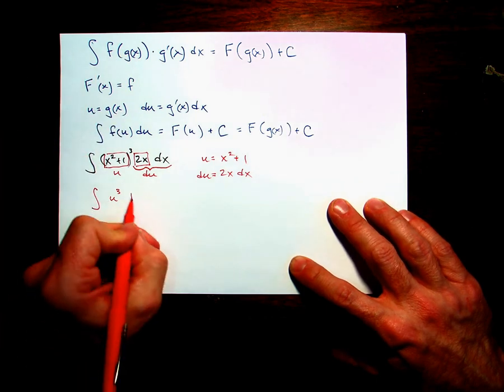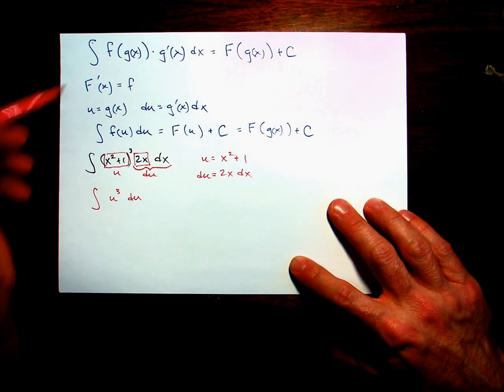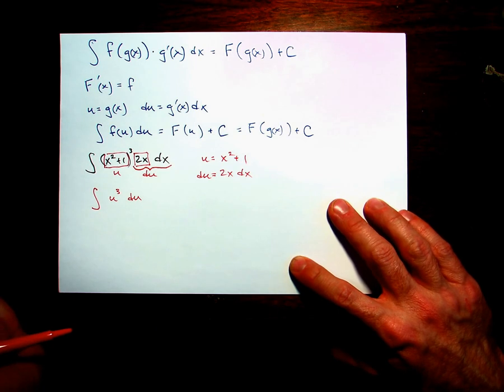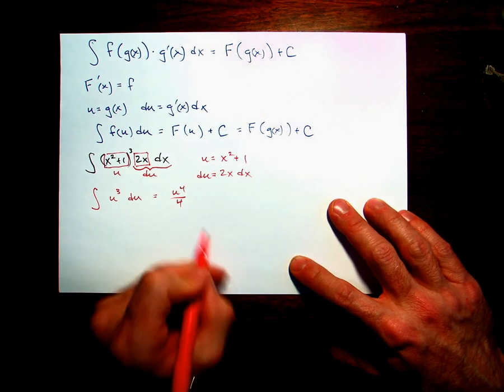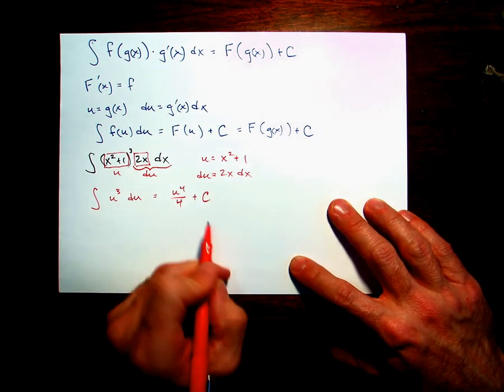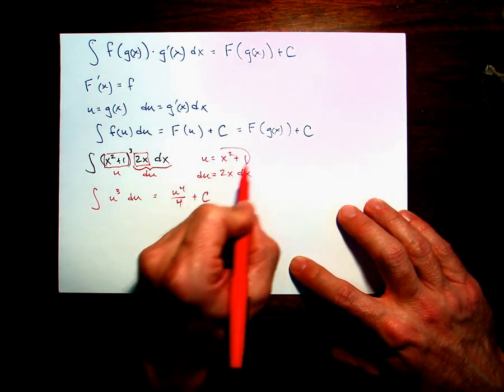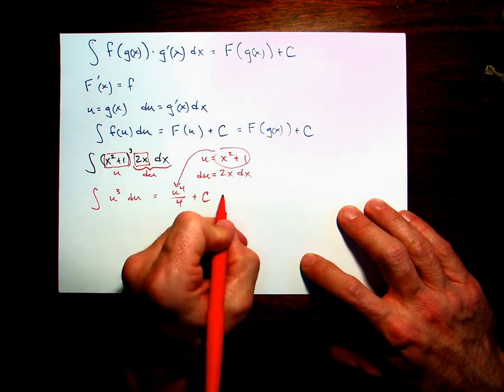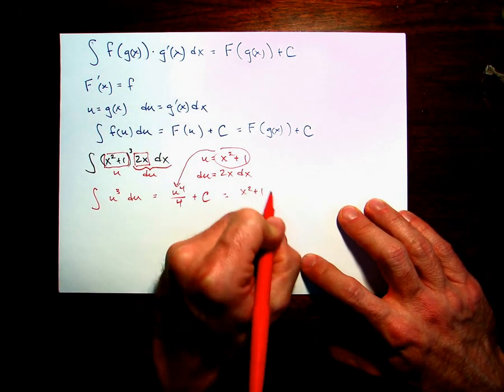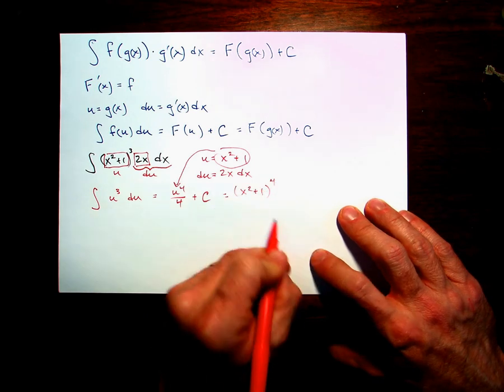And again, what we're doing is reducing this to a very simple antiderivative to evaluate. It's just u to the 4th over 4 plus c, and then we just need to take what u is, x squared plus 1, and put it back in here for u, so we end up with x squared plus 1 to the 4th over 4